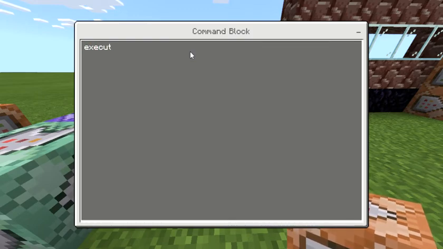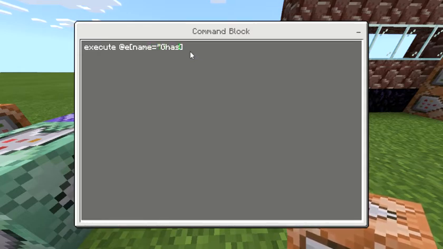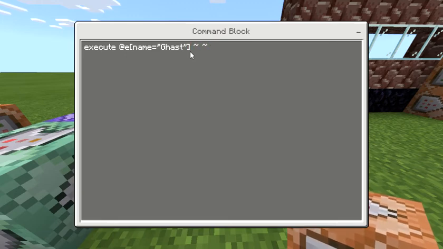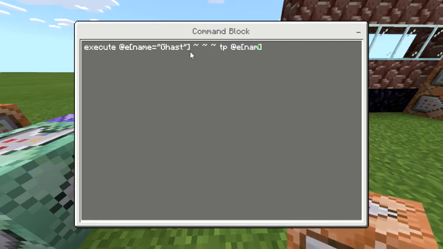So it's going to be /execute, or just execute, @e, and then 2 brackets. And then that's where you're going to type in name equals ghast, and then you want your 3 squigglies, and then tp @e 2 brackets name equals